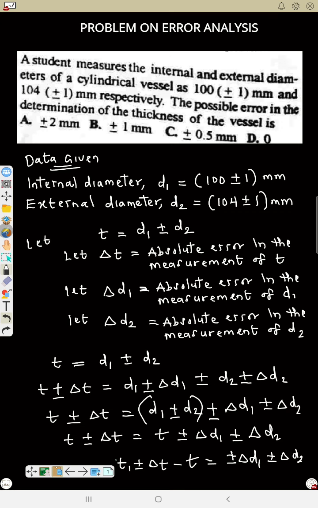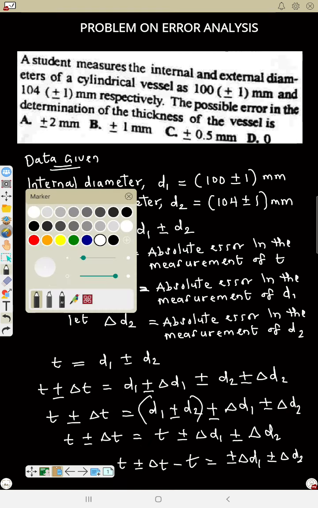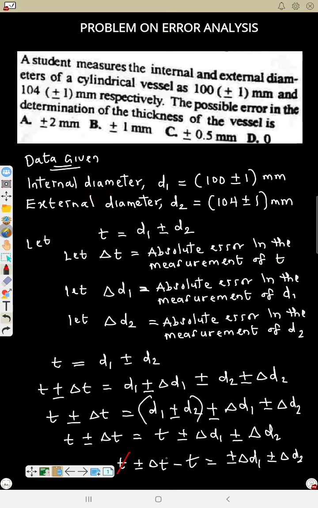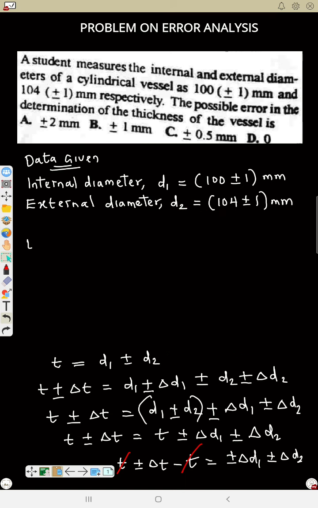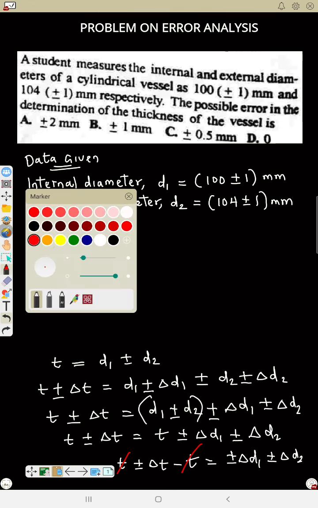Now this t will cancel out, so t will cancel out, so it will remain, so if t cancels out, we have